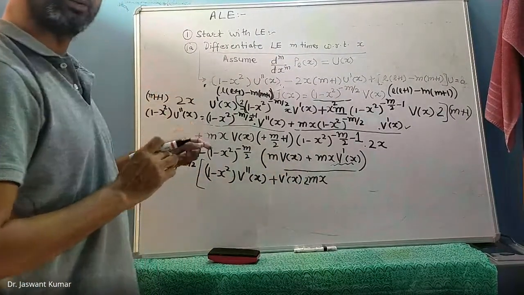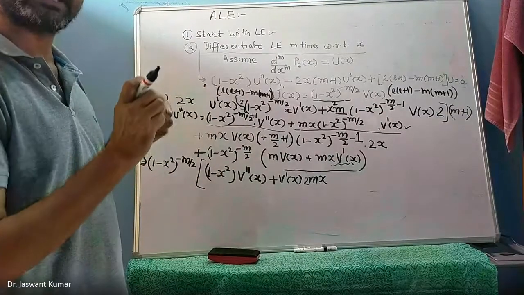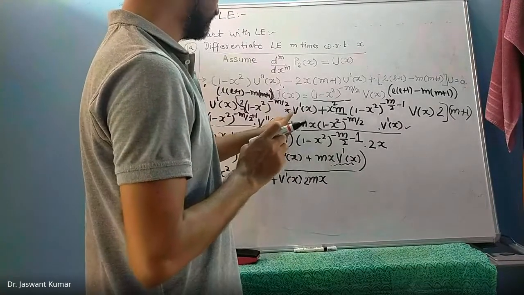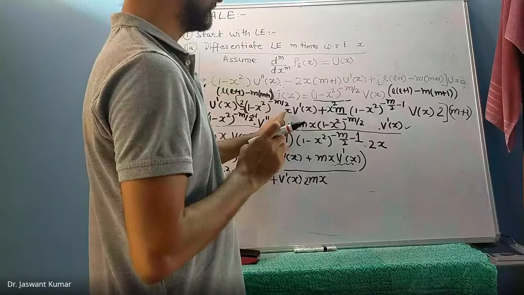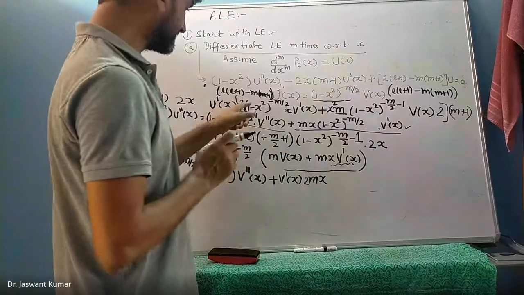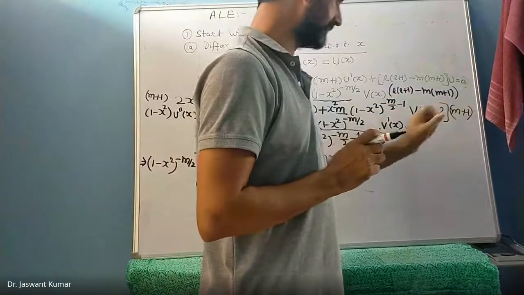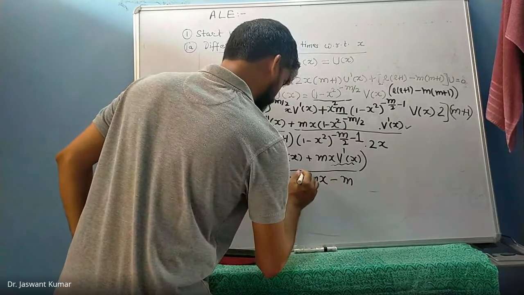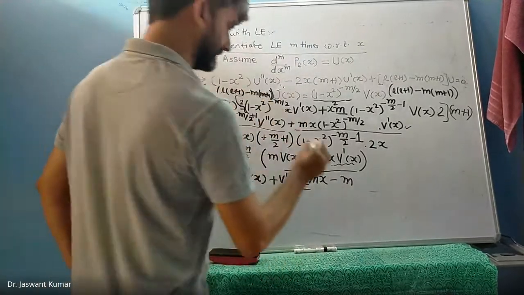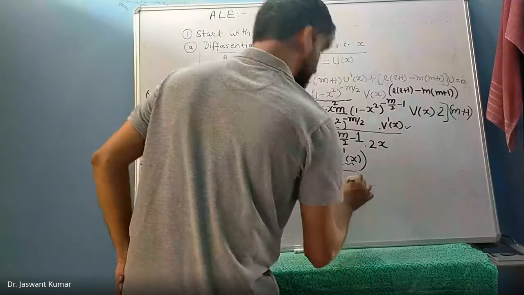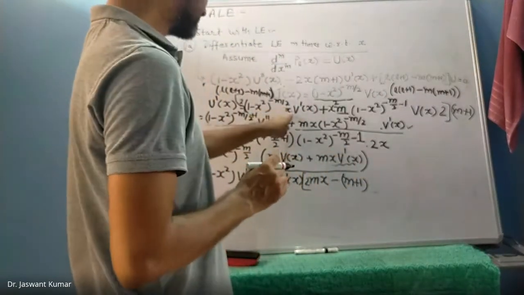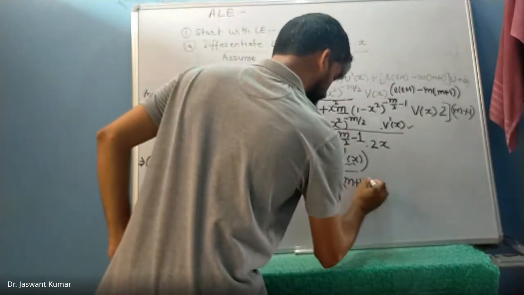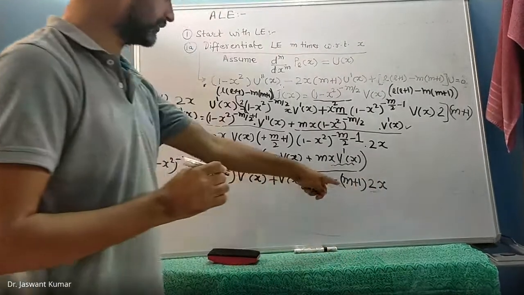Now we go to term number 2, and you remember there is a minus sign with term number 2. So in term number 2 we have the conditions over here. Only this particular term contains a v dash term, and this term is overall multiplied with m plus 1. So we get minus m plus 1. So we take this common: minus m plus 1 times x times 2, so times 2x. You tell me if you did not understand it.